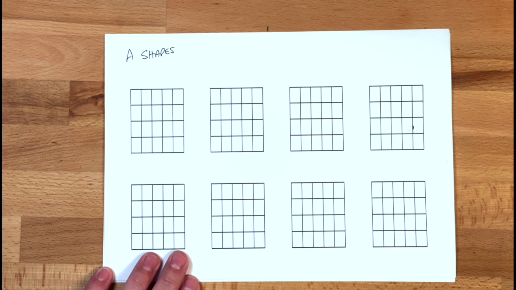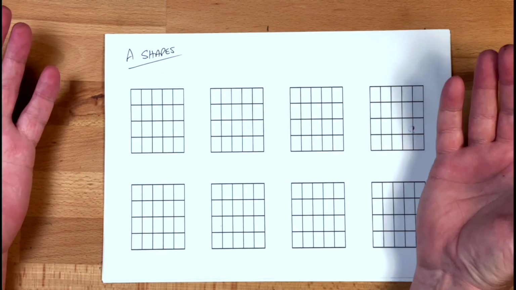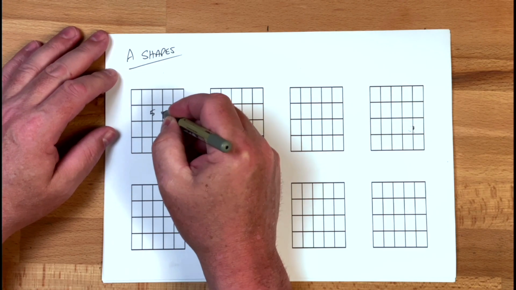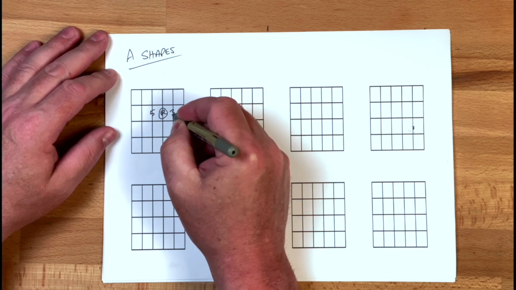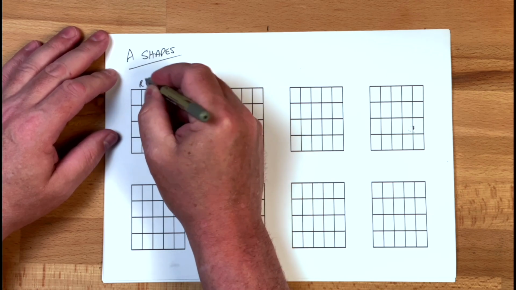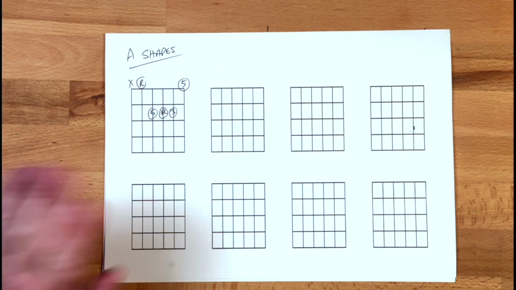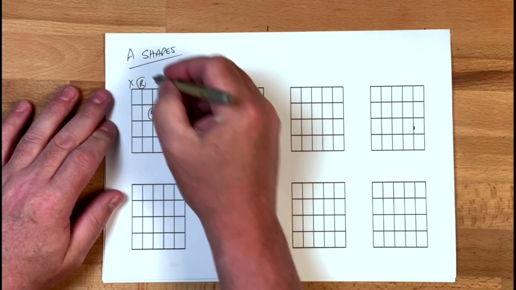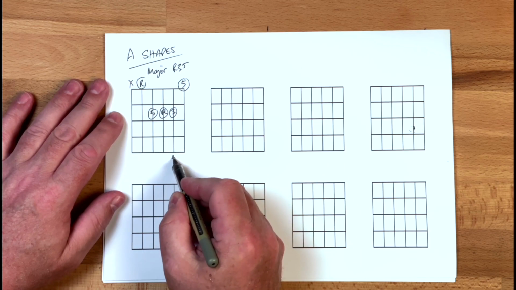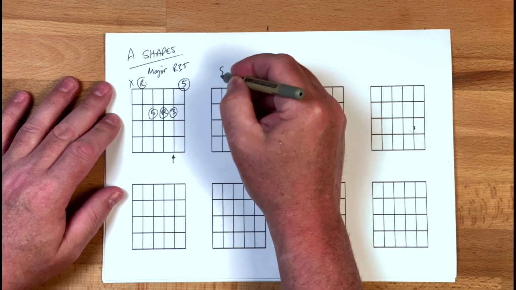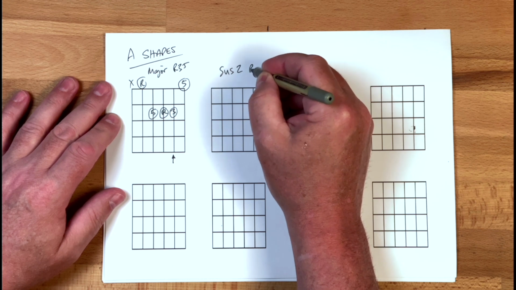Now let's look at the A shapes. Like I said, this is CAGED. These are the A shapes from CAGED. And we have the good old 5R3. Okay, so we've got a root there, and then we've got a fifth there. That is the way it works. Very, very simple, because we look for the third. Oh, there it is. And then let's play this as a sus2, and that gives us a root, a second,